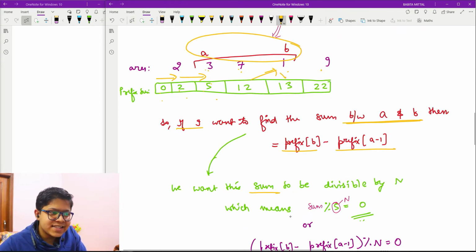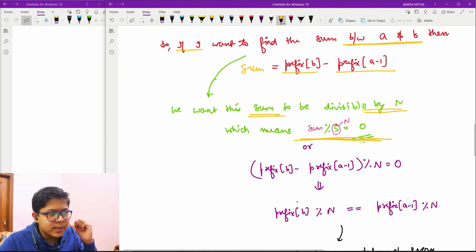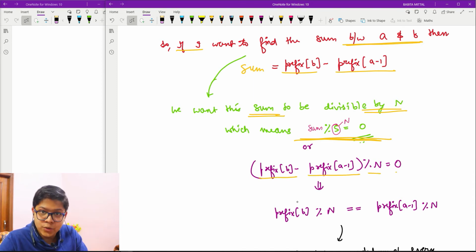The problem says that the sum mod n should be 0. And I said that it is the sum basically. So I can also write the same problem as: prefix of B minus prefix of A minus 1, mod n, should be 0.